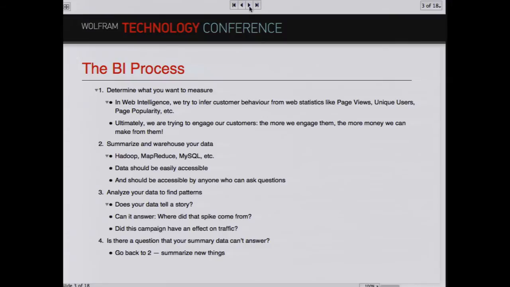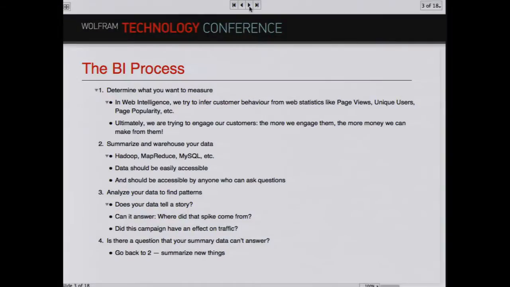The most important thing is that the data be easily accessible. If you can't access the data, you can't answer any questions. And the other thing is, the data should be accessible by anyone who can ask a question, not just analysts, because there's usually very few of us. And if we can push the data out to the people who are asking the questions, then we don't have to do as much work.